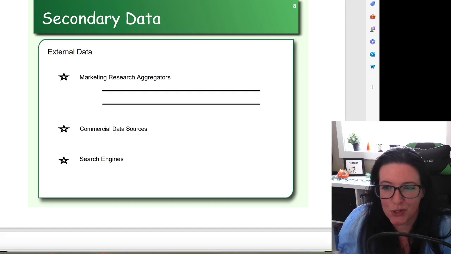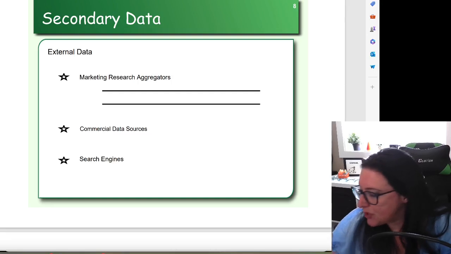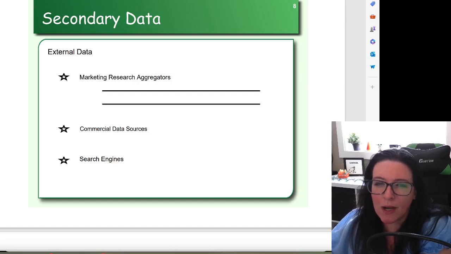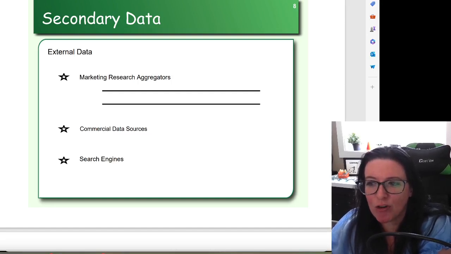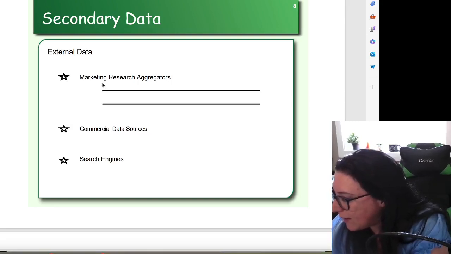We can get it through search engines. We can get it from marketing research aggregators. So let's just start with marketing research aggregators. And it doesn't have to be marketing research, but there are research aggregators for different disciplines. So a research aggregator is a company